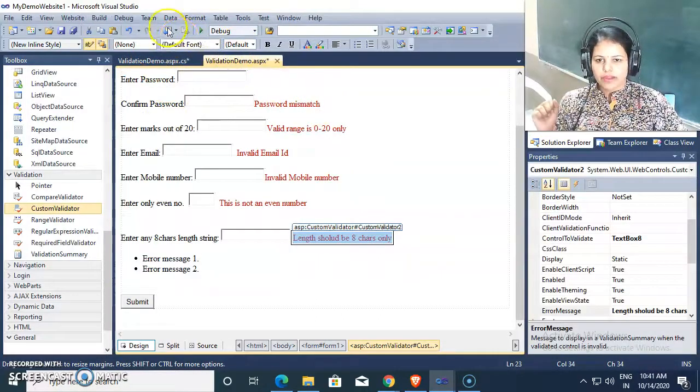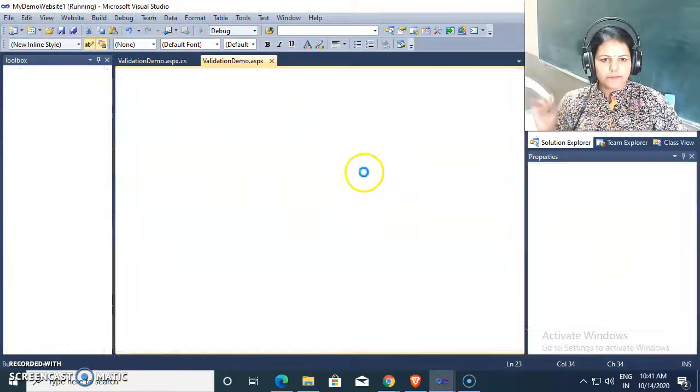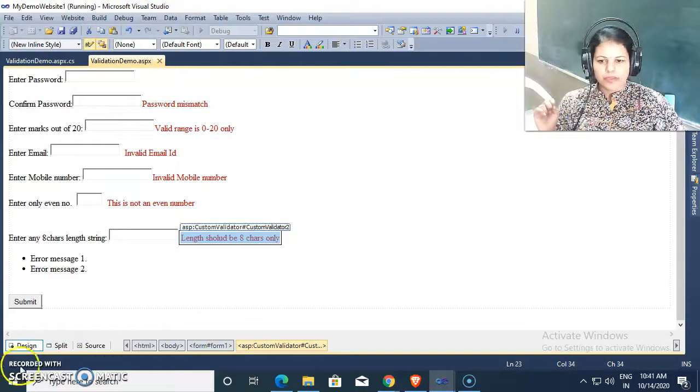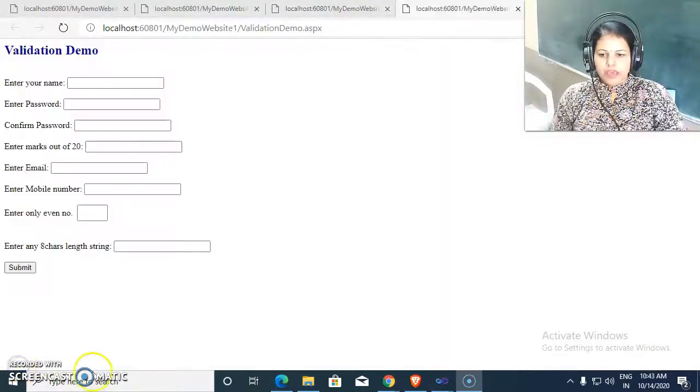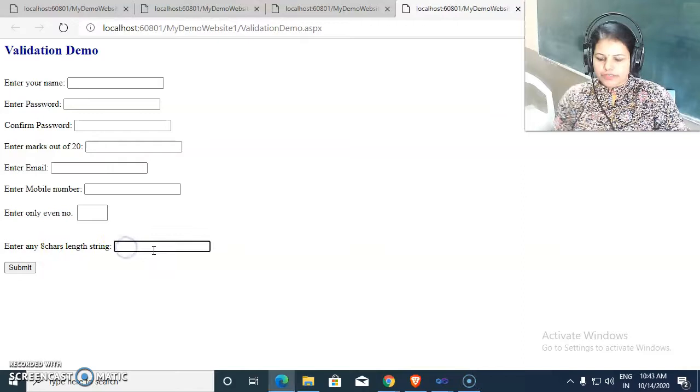Now we may run this. Before running, I'm saving all my work, and then I'm running my project. Here we may see the output for this: enter any 8 characters length string. If I give one string, then the error message will not be shown immediately, because this is not a client side validation.